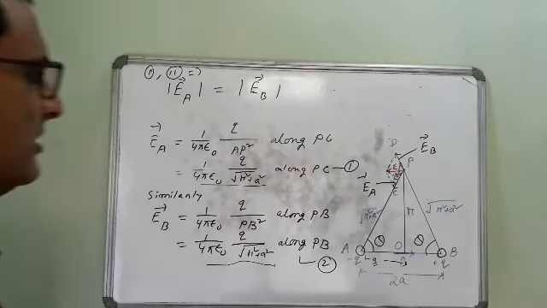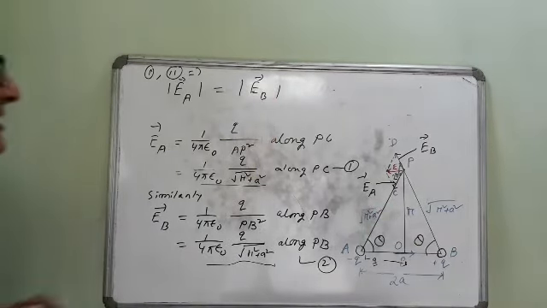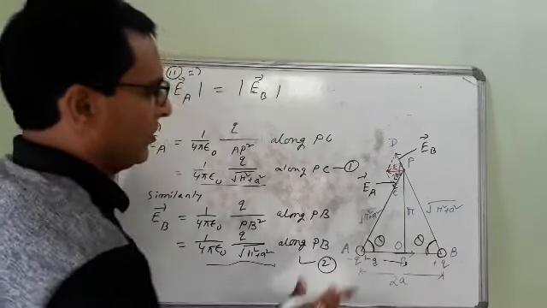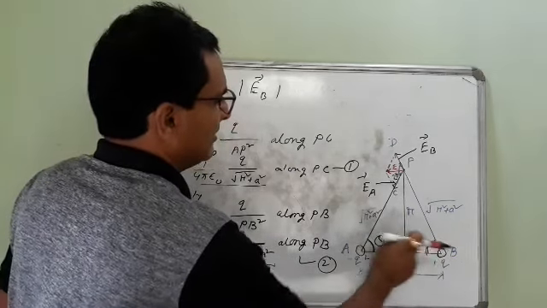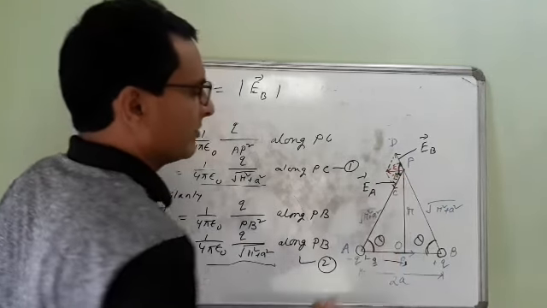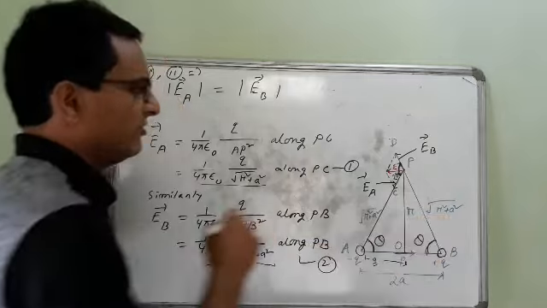From simple geometry, if this angle is theta, this will also be theta. When these two angles are theta, then this angle must be twice theta, because from the geometry we can say,